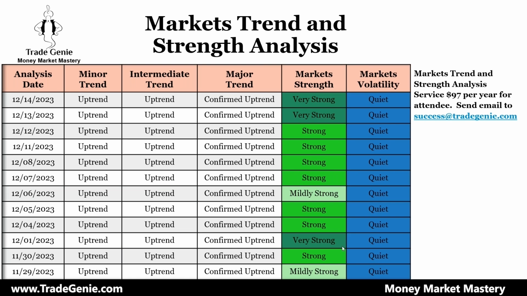Now the only thing changing is the strength of the market. As long as the strength stays on the strong and very strong side, this is the market where a lot of money can be made in a very short period of time, like $200,000, $300,000, depending on a $500,000 portfolio, 1,200,000 per month. So right now, as of 14th of December, the market strength is very strong.